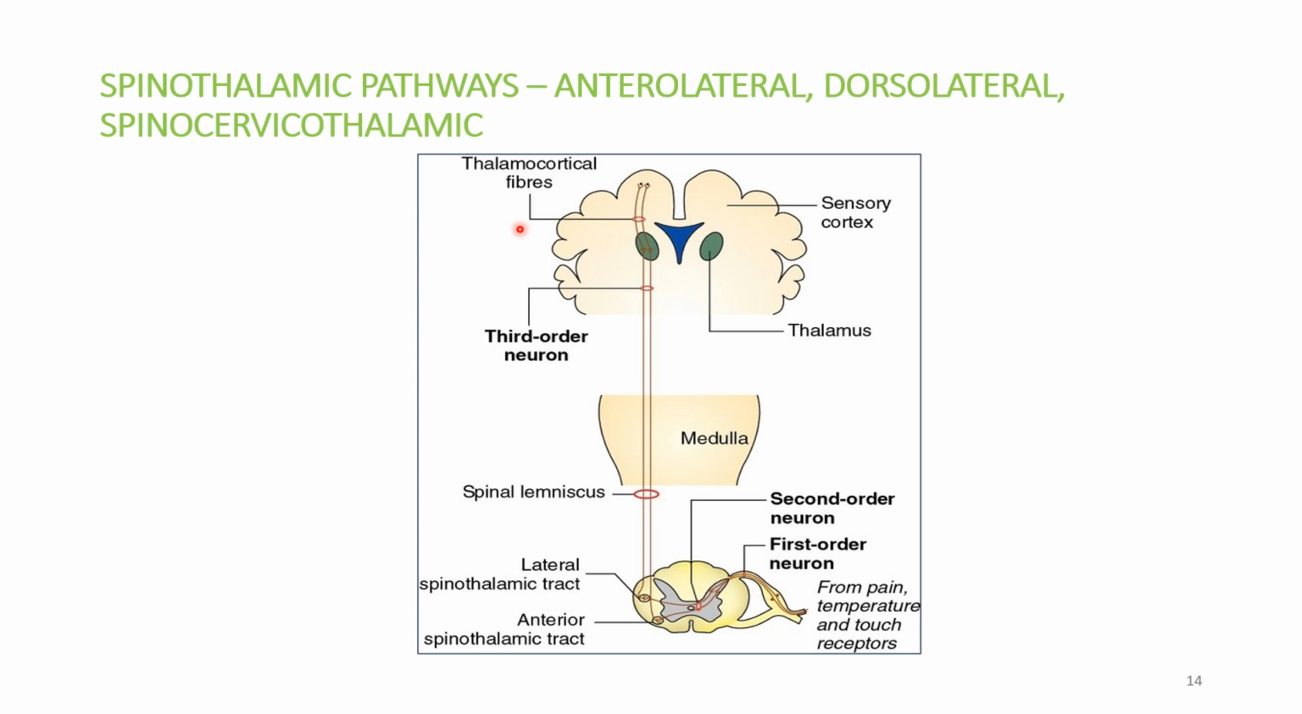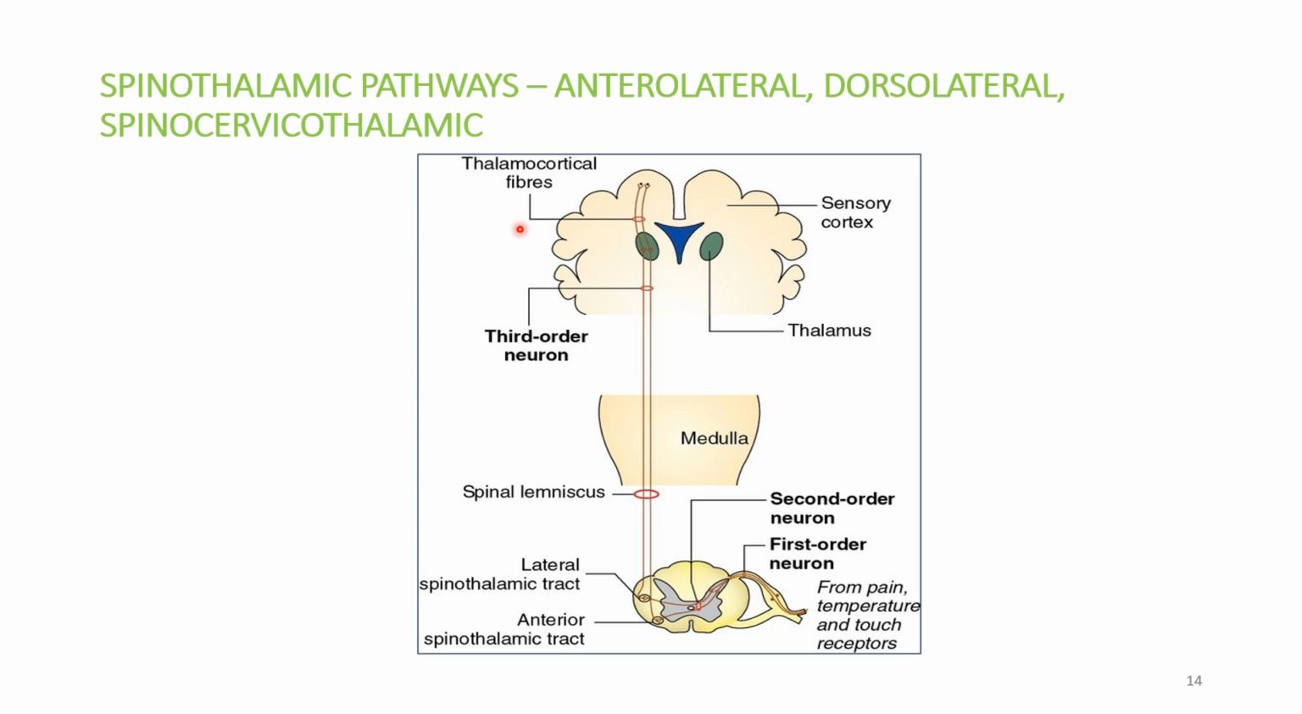Then about the third order neuron, then about the primary somatosensory cortex, the areas, okay, and you can draw a small diagram also, and what is the function of this tract. Then comes the second tract, spinothalamic pathway. In that we have anterolateral, dorsolateral and